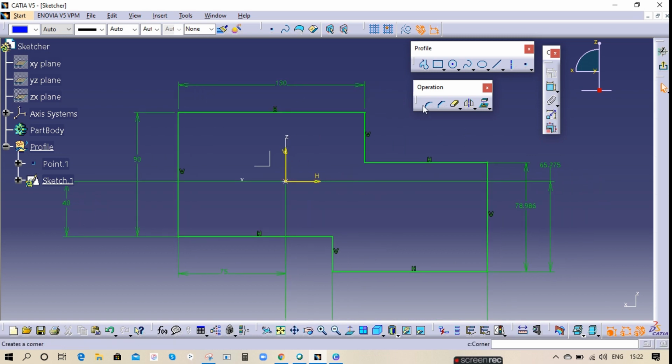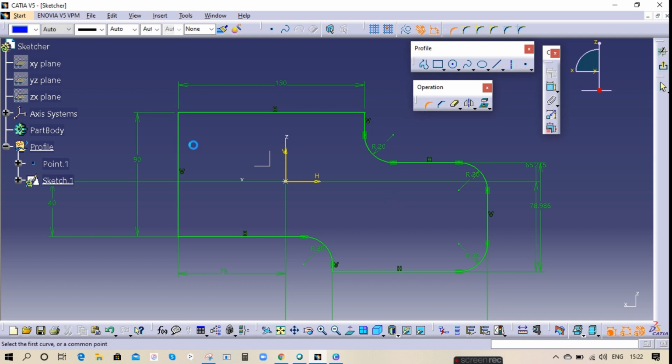Okay, now the first one, corner. If I want a corner, it is also called fillet. From here to here, it is my fillet. Let's say my fillet radius is 20. This is how fillets will work. All the corners we have to fill with the radius only. Always, this is very important, giving to any sheet metal design. Okay, 20, and here it also, and here is also 20.